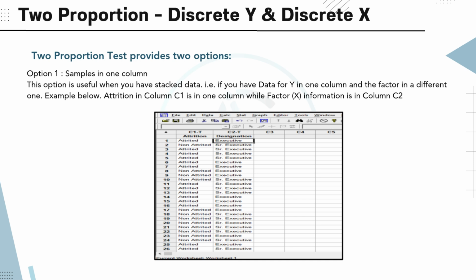When you choose this option in Minitab, you'll specify attrition as the sample column. You'll specify designation as the subscripts or group identifier column. Minitab will then calculate the proportion of attrited in each group and perform the statistical test to determine if the proportions are significantly different. This structure is simple and very common in survey or HR data, where binary outcomes are